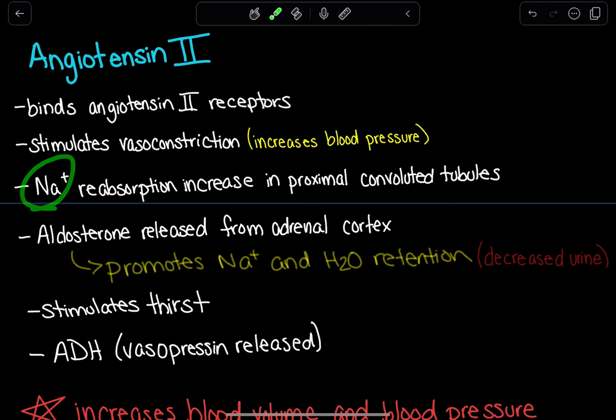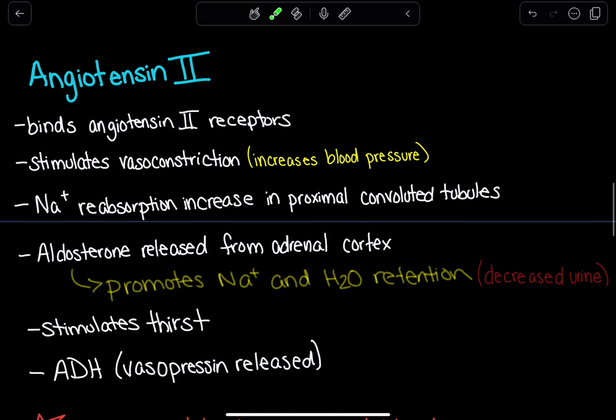Let's talk about sodium reabsorption. So this is quite simple, and this goes hand in hand with aldosterone. So if we have low blood pressure and we want to bring our blood pressure back up, well, one way to do that is to reabsorb ions, because if we have a higher ion concentration in our blood, water will follow, because water will go wherever more ions are to balance out the two concentrations. So if we increase the reabsorption of ions like Na+, water will follow. As a result, we will get more H2O in our blood,